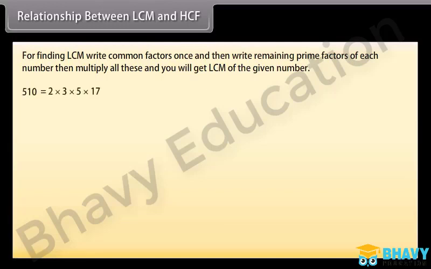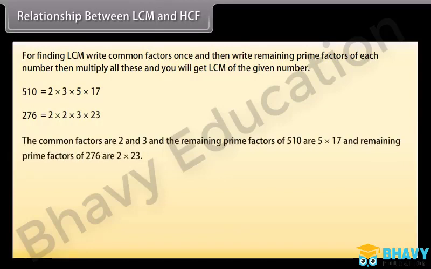510 is equal to 2 into 3 into 5 into 17. 276 is equal to 2 into 2 into 3 into 23. The common factors are 2 and 3, and the remaining prime factors of 510 are 5 into 17 and the remaining prime factors of 276 are 2 into 23. Thus, LCM of 510 and 276 is equal to 2 into 3 into 5 into 17 into 2 into 23 equals